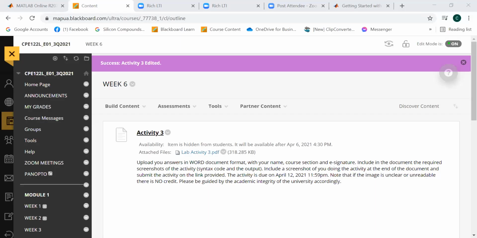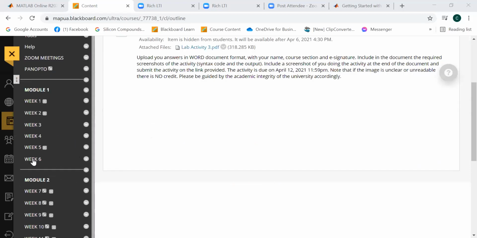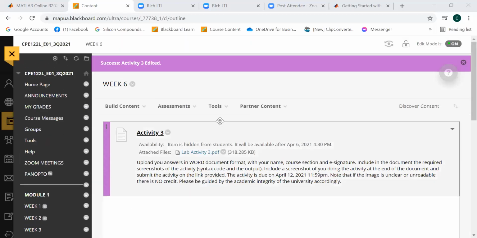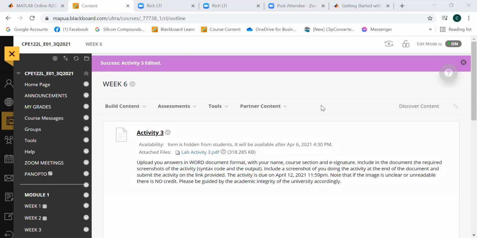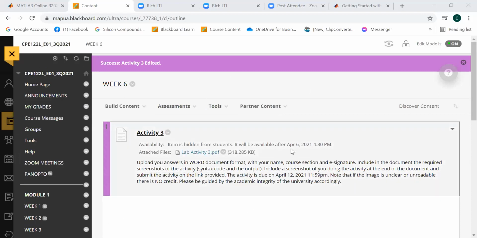There. You should be seeing my Blackboard placed on week 6 tab. So this means this will appear on your week 6 tab. Nandito siya sa week 6 tab nyo. And notice it's not highlighted because it's not yet appearing on your Blackboard. So it will appear by April 6 pa. By next week pa, technically. Because I don't want you to be doing anything this week. So tingnan lang natin what to expect